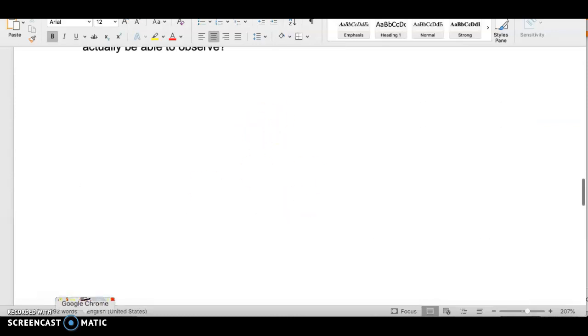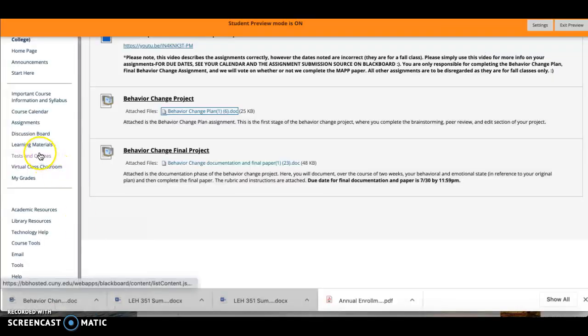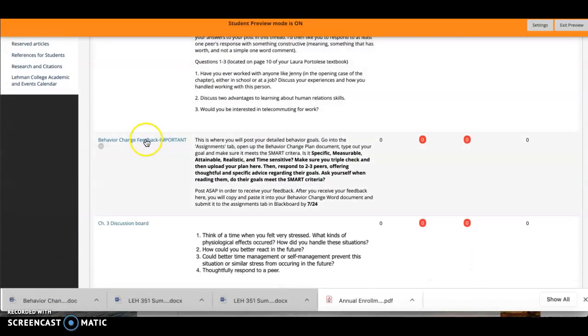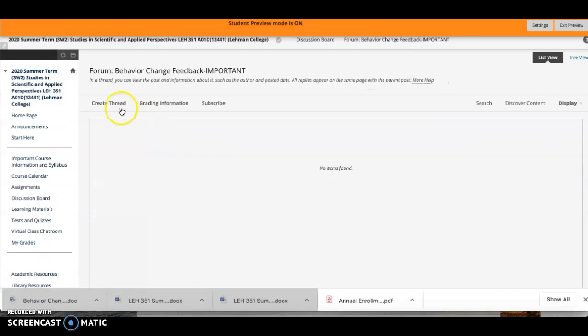Save your Word document. Then go into the discussion board, go to behavior change feedback, create your thread, and literally post your goals. Then I want you to read 3 other students' work, their behavior change goals. So someone might be saying, hey, I want to quit smoking, or I want to drastically reduce my cigarette use, or I want to get outside more, or